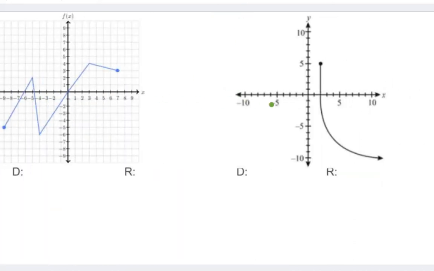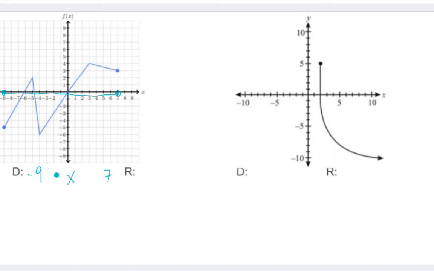So here we have a couple of other examples. Again, there's no equation for this. It is a function because every x only maps to one y. This is called a piecewise function. It goes in pieces. So if we look at the x-axis, it starts here, goes all the way over, and it ends here. So the lowest number is negative 9, the highest number is positive 7,